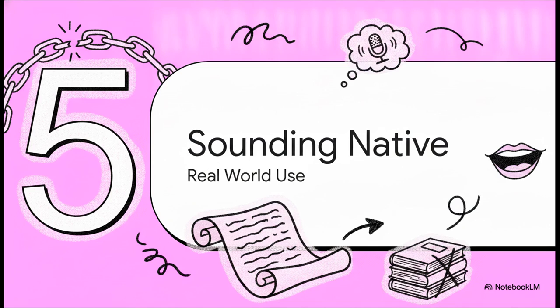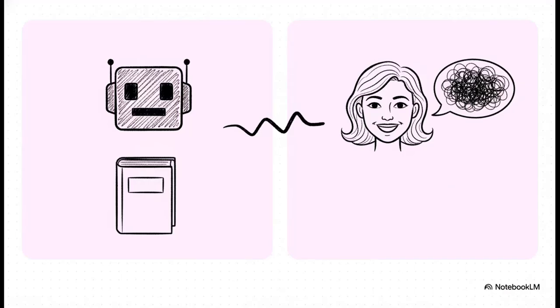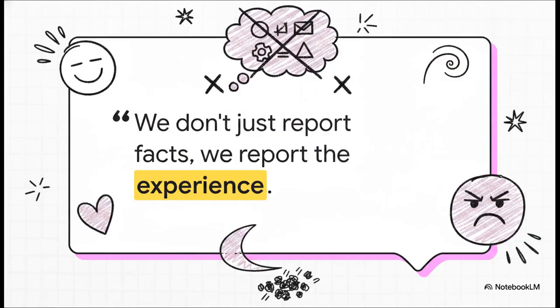Sounding like a native speaker. Okay, I want you to put your textbook notes aside for just a second. I really want you to notice the gap here between the exam hall and the real world. Native speakers rarely sound like robots, starting every single sentence with he said that or she said that. I mean, think about it. When was the last time you heard that in a casual chat? Almost never, right? Instead, they use naturally flowing phrases like, apparently he was tired, or I heard he wasn't feeling well.